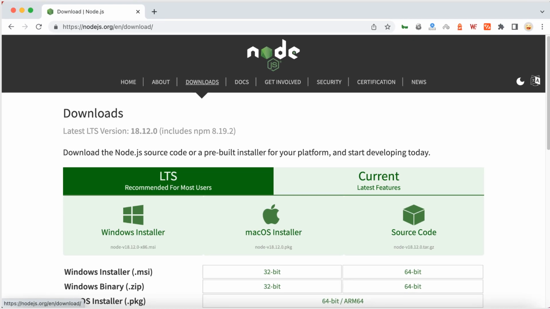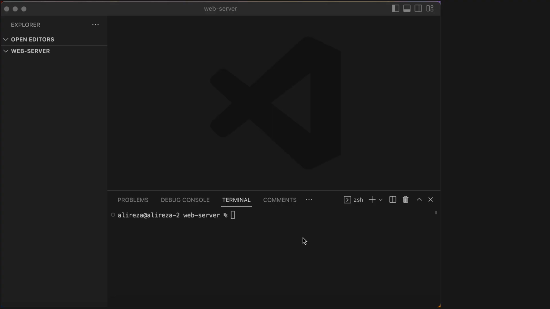Go to the nodejs.org website and download the install package and then install it on your computer. After you install Node.js on your computer, you need to make a directory for your project and open that directory in your editor. I choose Visual Studio Code for my editor. No matter which editor that you choose, because it depends on your